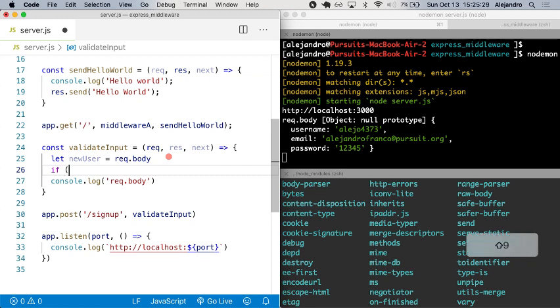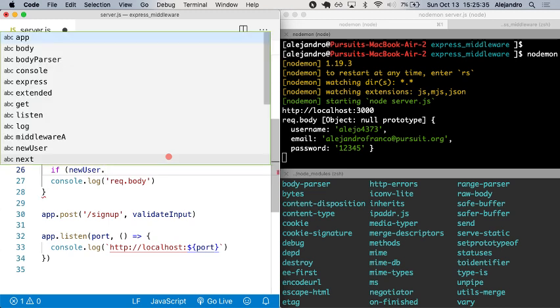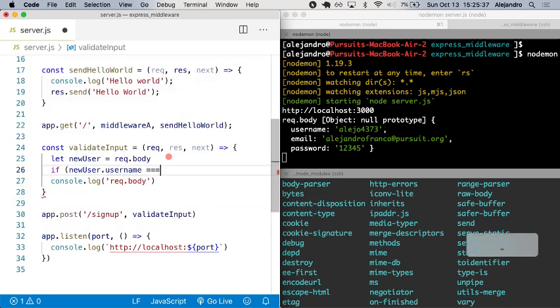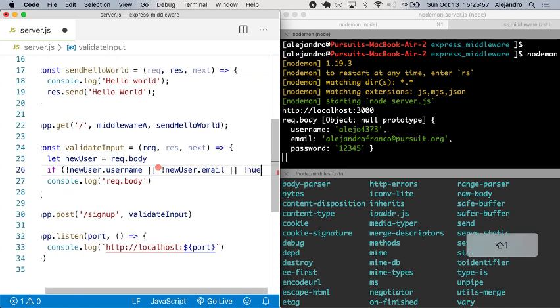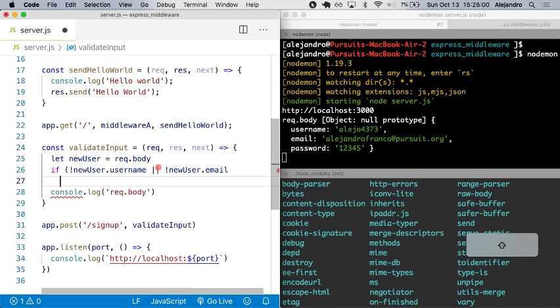So I'm going to do if no newUser.username or no newUser.email or no newUser.password, then